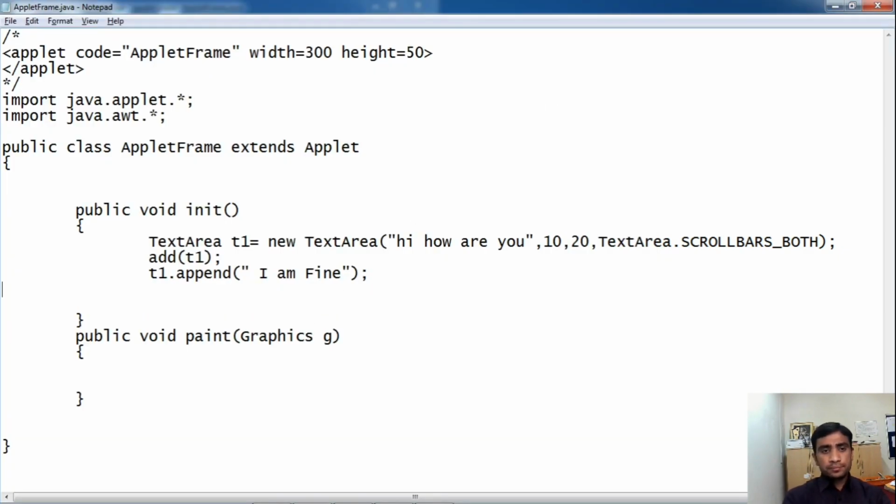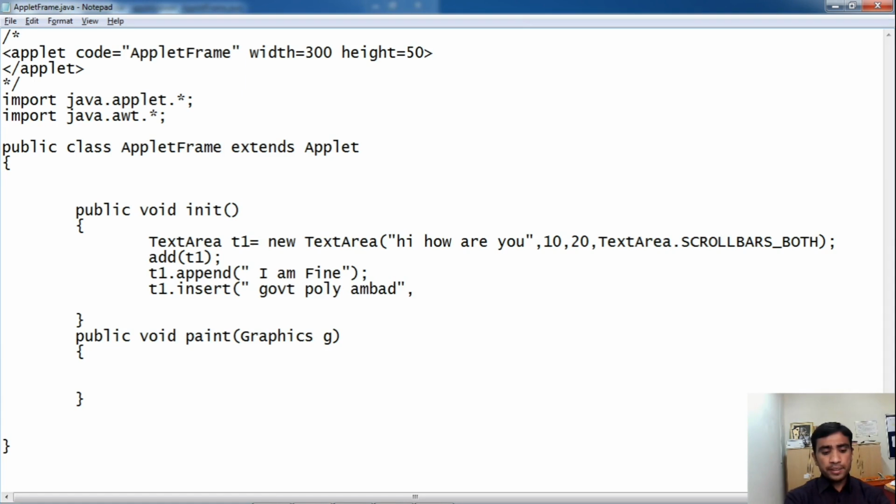Second method is what? t1.insert. Insert is a method. Insert in brackets, what to insert? For example, govt poly ambed, double quote close, comma.